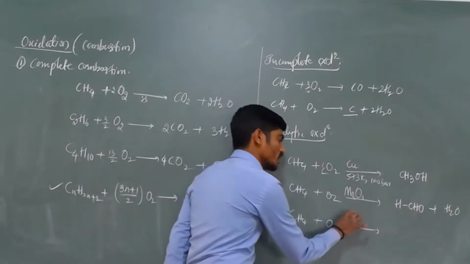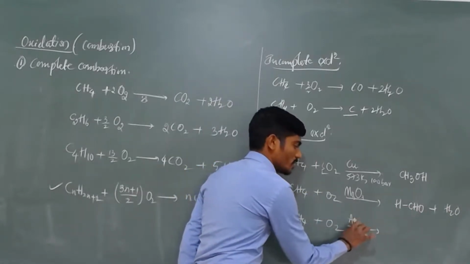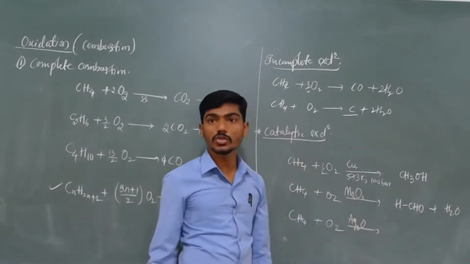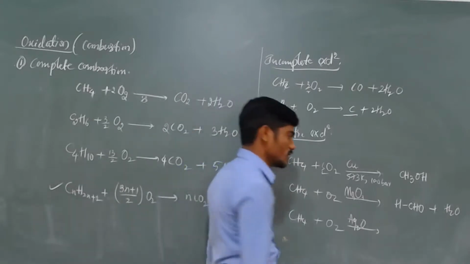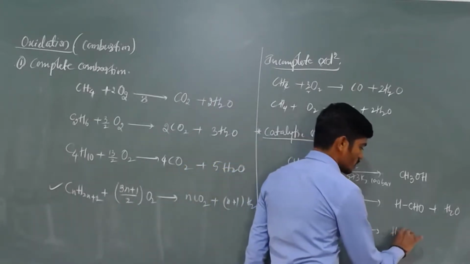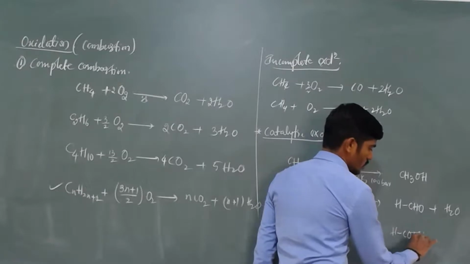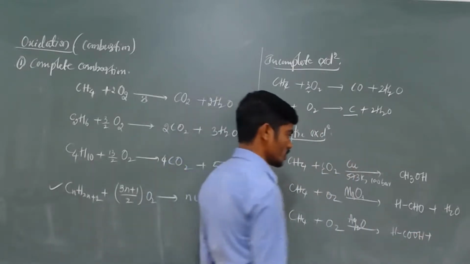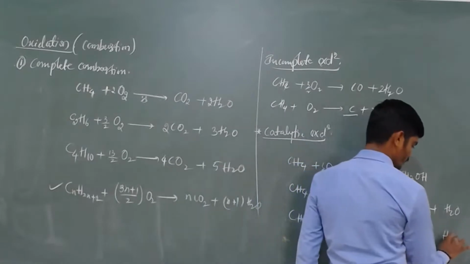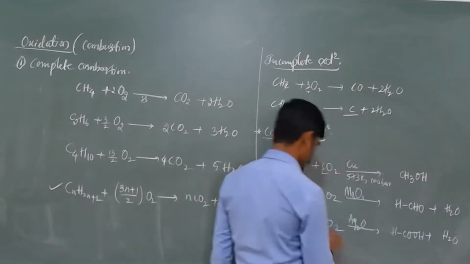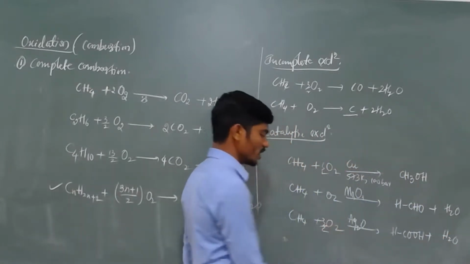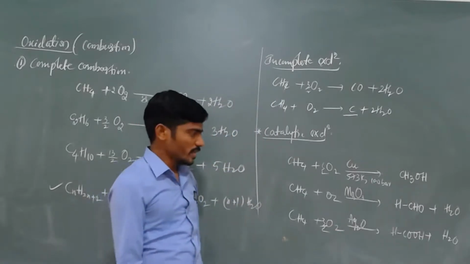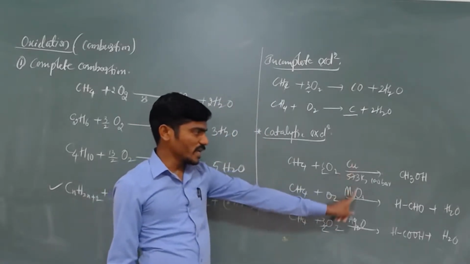If silver oxide, Ag2O, is used, this gives rise to acid, COOH plus H2, plus 3 by 2. That means, depending upon the catalyst used,